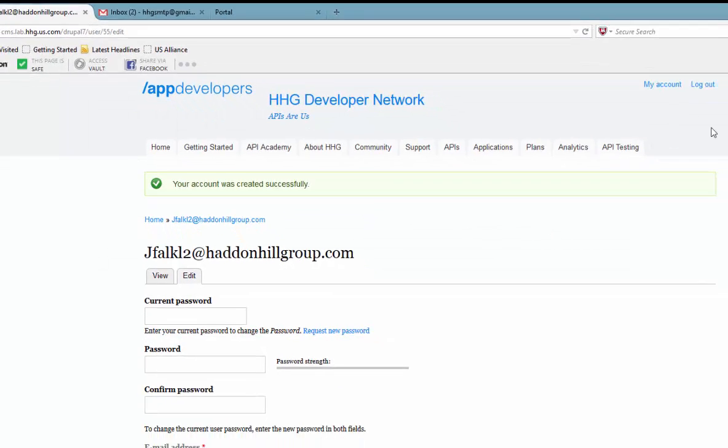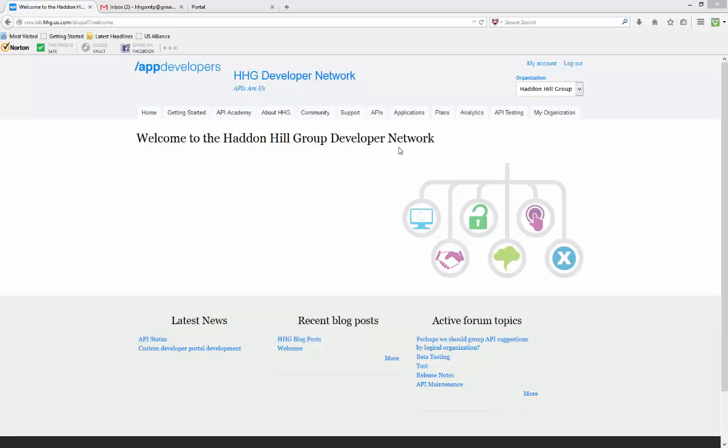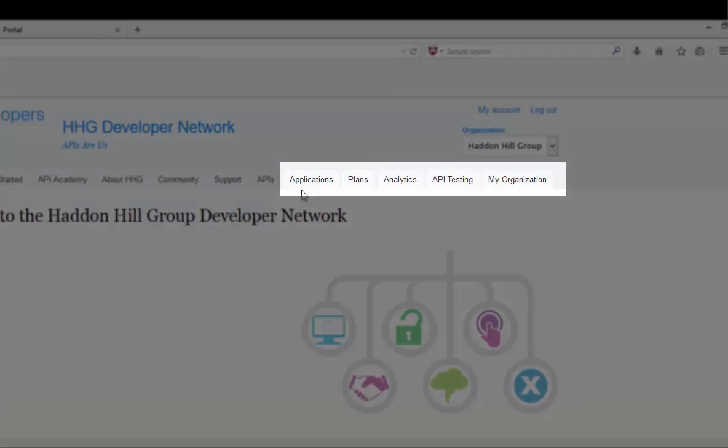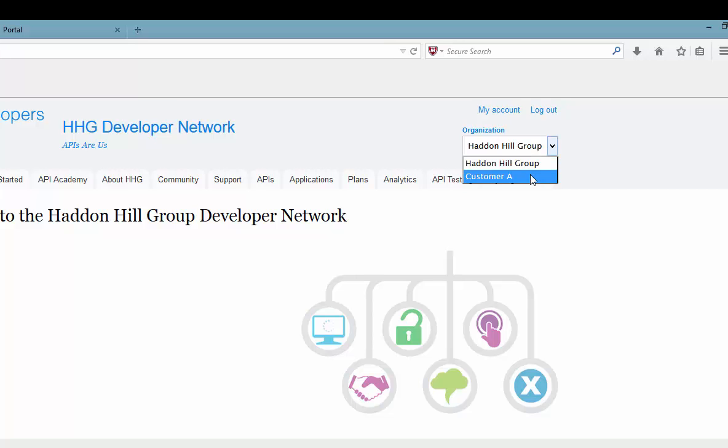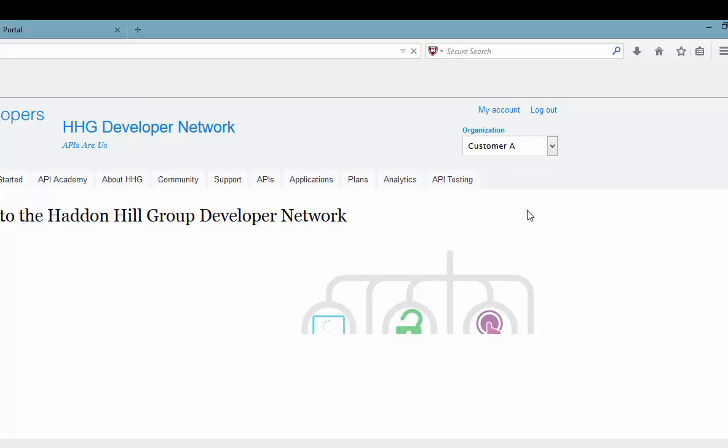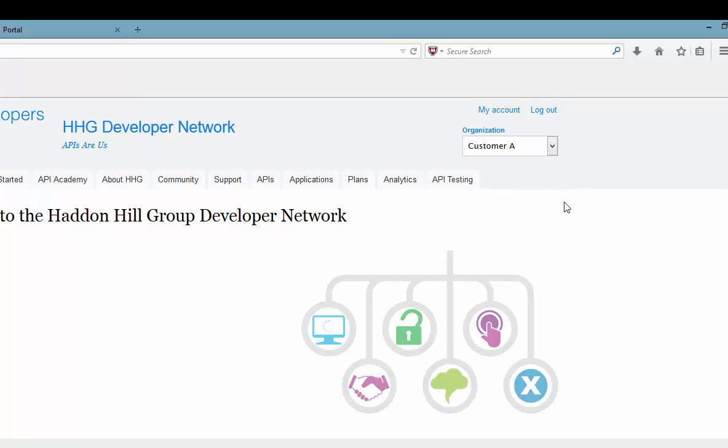Also please note that I have additional options available to me now that I have been authenticated. I see an Applications tab, Plans tab, an Analytics tab, an API Testing tab, and a My Organizations tab. This is because I'm the organizational owner of the organization Haddon Hill Group. I have this pop-up here for organization because I actually belong to more than one. And if I pick Customer A as my consumer organization, you'll see that the My Organization tab disappears because I am not the owner of that organization. So I'm going to go back to Haddon Hill Group